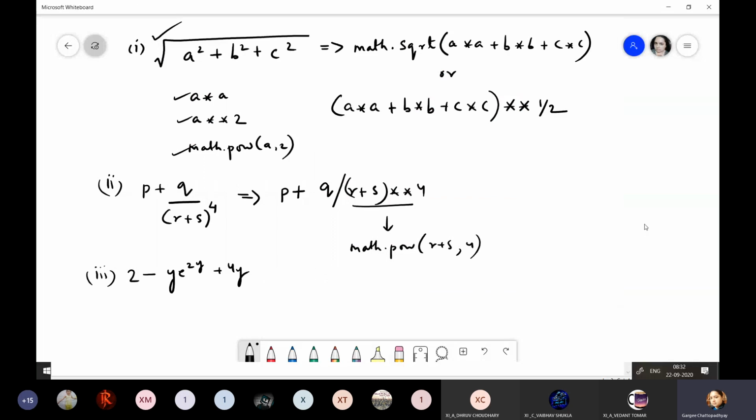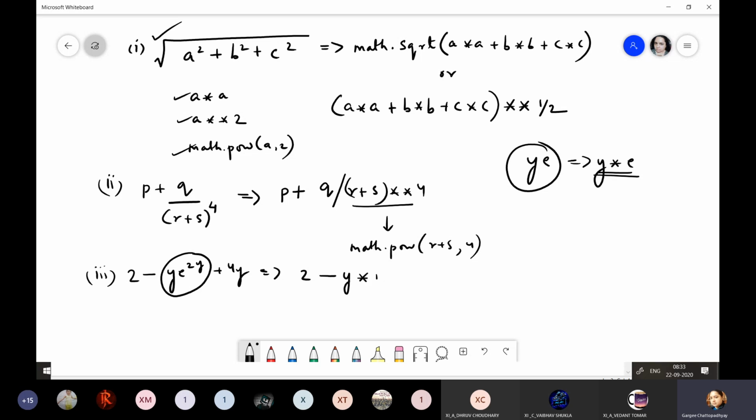Okay, everybody look here very carefully. 2 minus. Now you can see this complicated expression over here. YE. Now students, in Python or any programming language, if you have YE, it will mean Y multiplied by E. So you have to write it like this. On pen and paper, it is understandable that there is multiplication between them. But in Python, you are actually giving instructions to computer, which is a dumb machine. You have to tell the computer what operation you are doing. So you will be writing Y into.